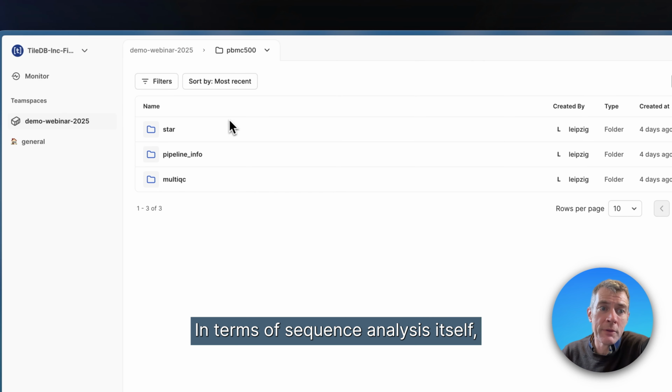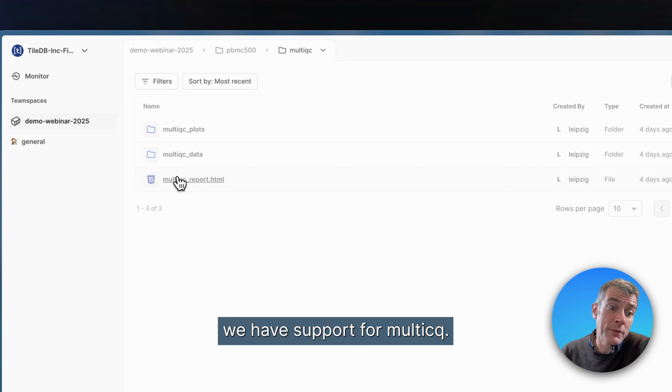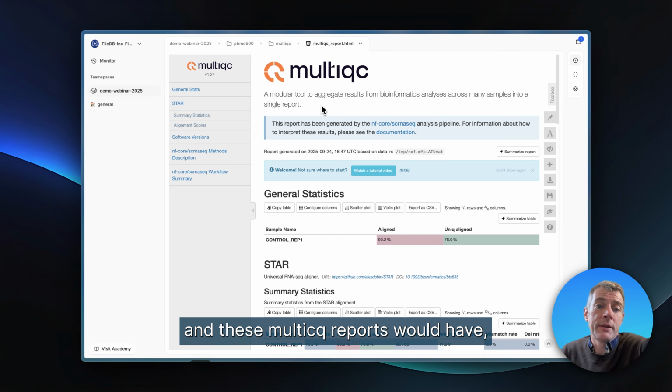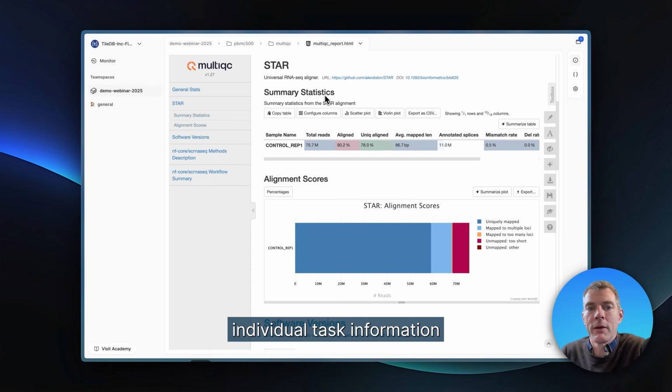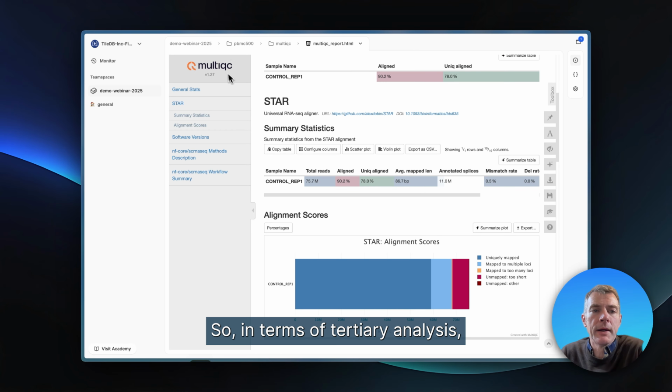In terms of sequence analysis itself, we have support for MultiQC. So these do contain JavaScript, and these MultiQC reports would have individual task information about alignment or raw sequence analysis. So in terms of tertiary analysis, so notebooks,